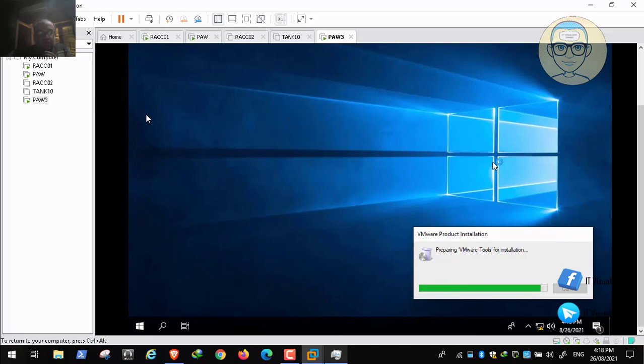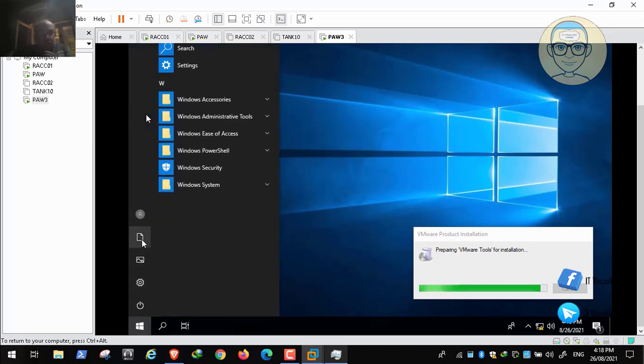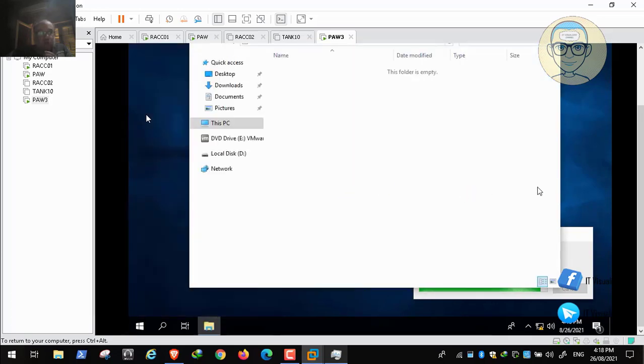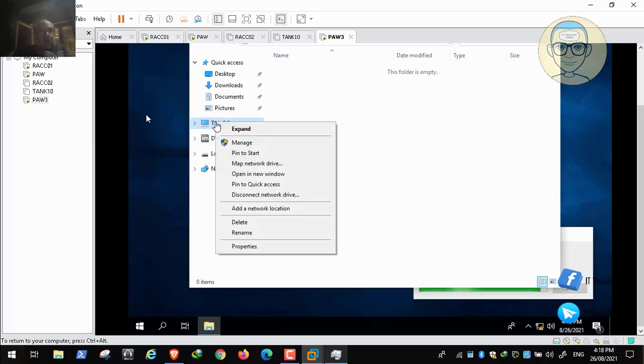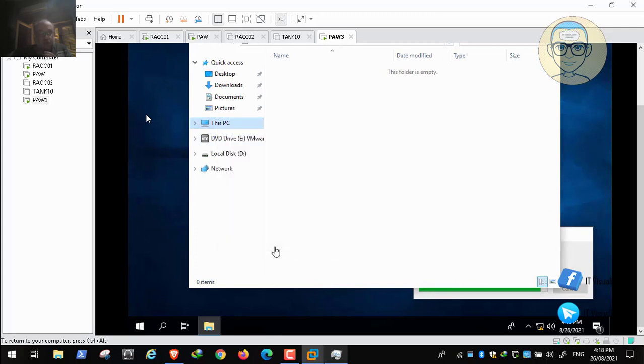This we will see a couple of things in this machine, or we'll see the local users and groups on this machine. We need to be very careful, because after joining it to the domain, these local users and groups will be changed according to our group policy that are applied to the PAW. We have two group policies applied to the PAW: PAW computer configuration and PAW user configuration. So now if you go to properties,